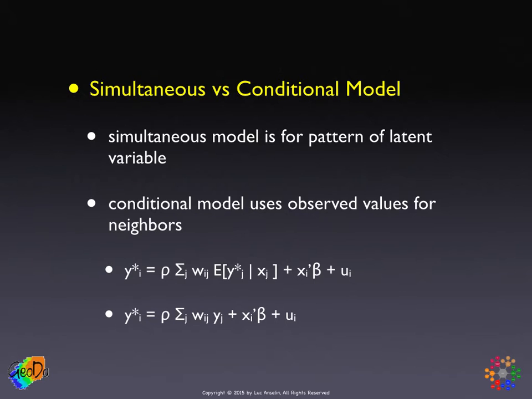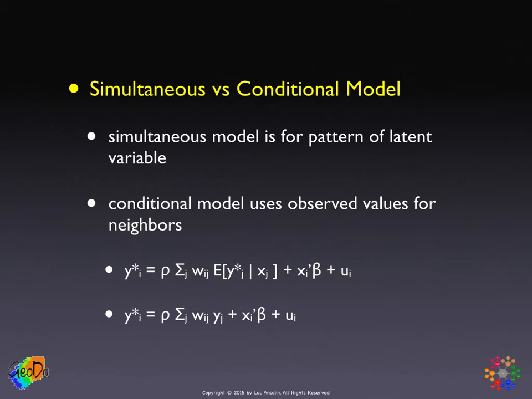The simultaneous model is a straightforward extension of the linear regression case, but applied to a latent dependent variable, so an unobservable latent dependent variable. The conditional model is unfortunately how this is often interpreted, and we discussed this when we introduced the spatial lag model in the regression case, that it's very tempting to think of it, in a conditional sense, as given the values for the neighbors,